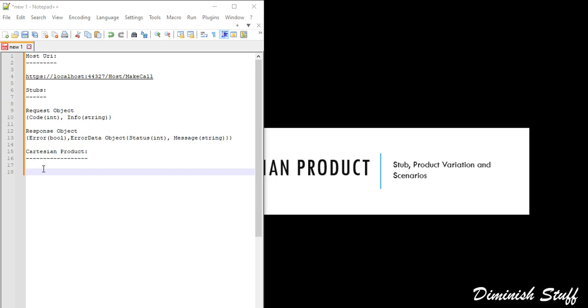For the Cartesian concept, I'm going to have a demonstration in a dataset which we are going to demonstrate here with a request object where we have two parameters to receive at the host side. So the host side will verify that those parameters passed might be a null set. There are possibilities that we might have that null set, and we might have an empty set. That's another assumption, that the user of this host might pass us an empty set, and we might be receiving only code information. So that's another optional set that we are considering to be received at this host